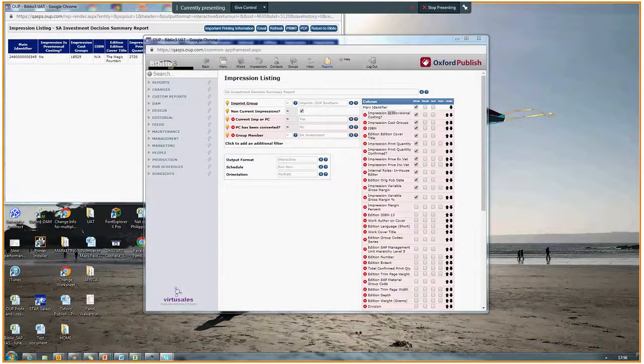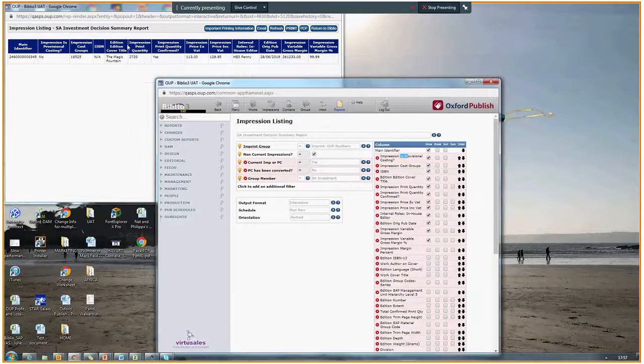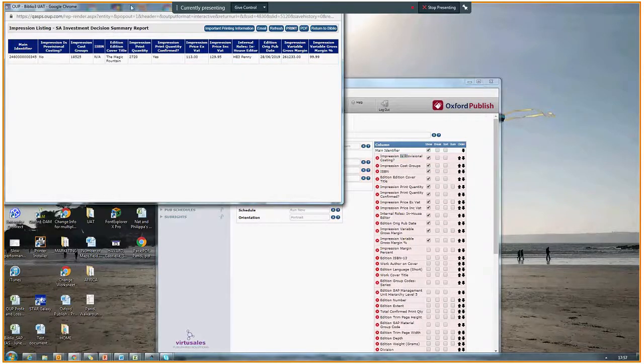This is just to show you around the SA investment decision summary report after our meeting today. I've amended some of the columns to include whether the impression is a provisional costing or not, and to make sure that you're getting your print quantities and that there's a value in every field that's come through. So I've done that and I've run it as an interactive report, and this is the result for the title